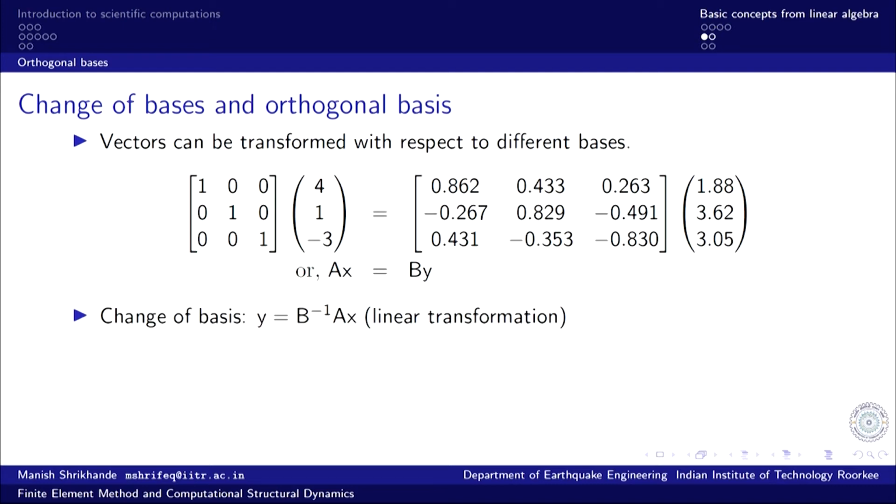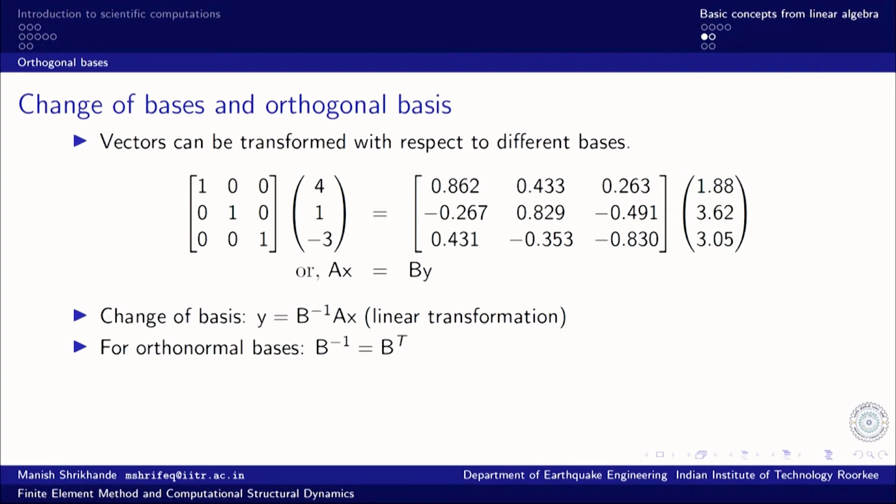I can change coordinates, I can find coordinates with respect to one from the other, and if I know the basis, I can find the coordinates with respect to the new basis by just taking this linear transformation B inverse A. Now, inverse computation is a very tedious process, and we do not really recommend it. The inverse of a matrix should never be computed, that is the thumb rule of numerical computation, and we can find several ways of doing the operation. Most of the time we do not really need to find the inverse.